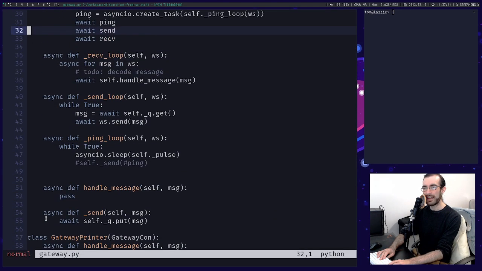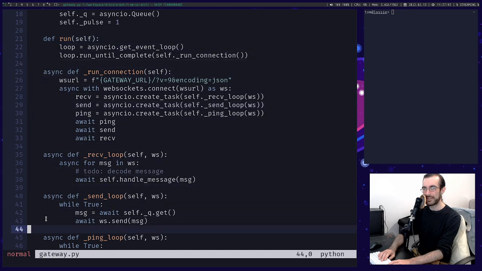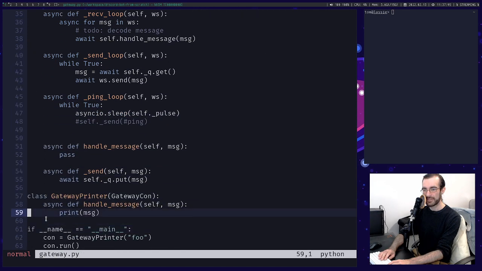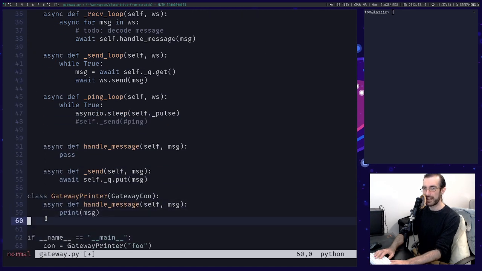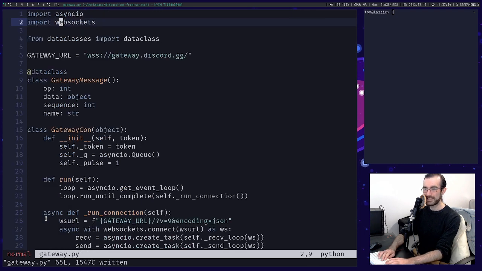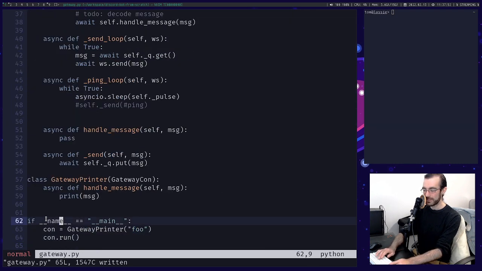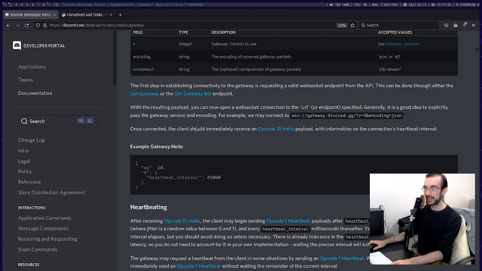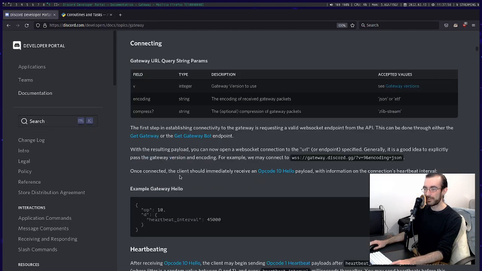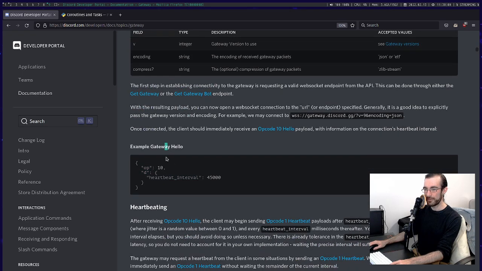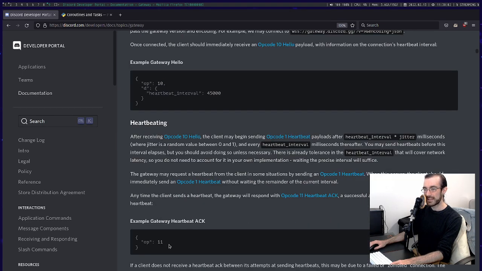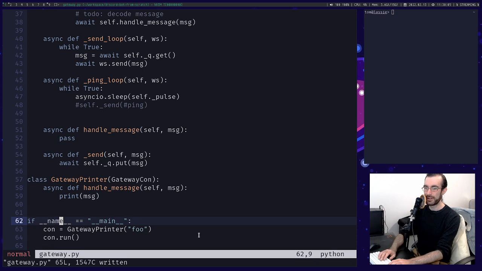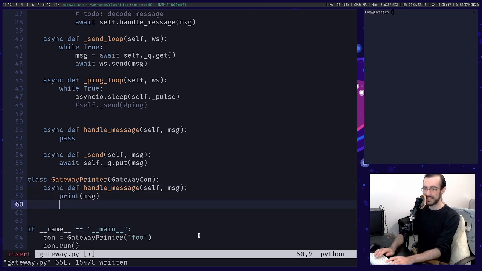So, can I send something back? Let's say when we get a message that's printed out, and then let's build a gateway message that we can send back. So what does the ping look like? Gateway hello. Yeah, so this is what we get, a hello message, op10, and then we send back op11, no body. So just as a test, we'll put it in our printer for now, but we'll move it somewhere else soon. Let's go ping equals,